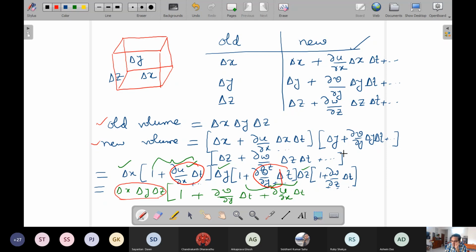So what we can exclude as a higher order term depends on the objective of the calculation. Here, since we are going to take that limit anyway, that is why it is all right if we we will do one more step before this new volume is calculated. So I will just free some space.